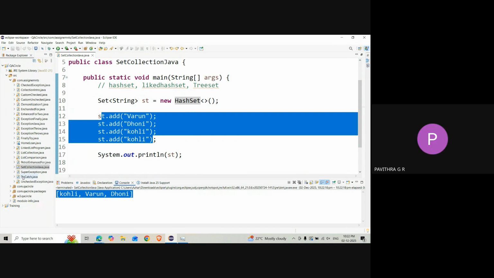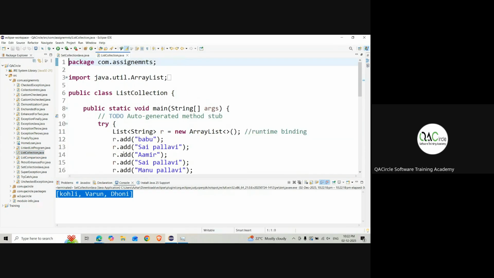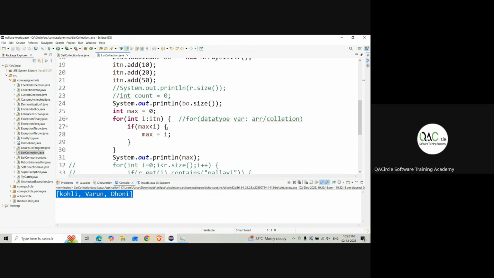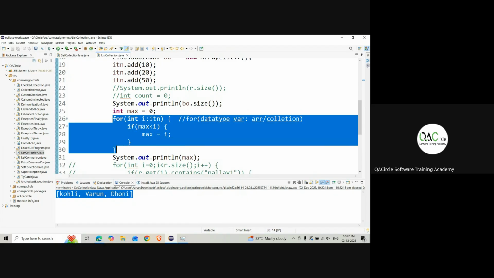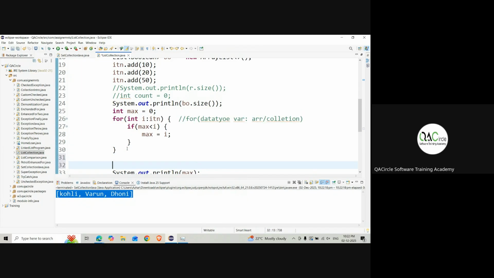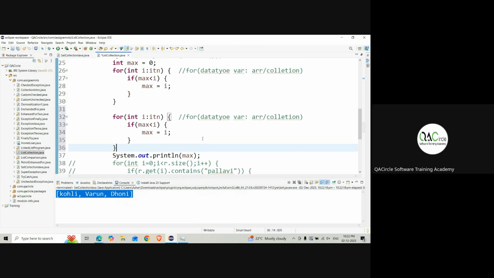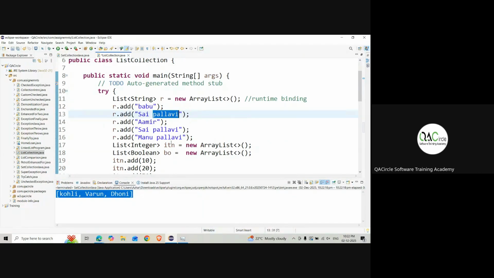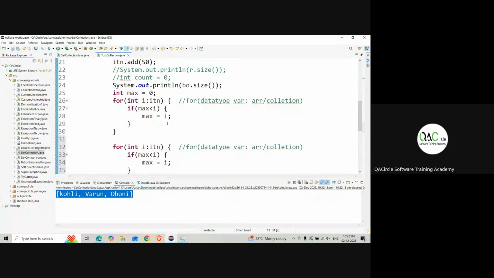Good. Yes, sir. So I missed one thing in list. I'll go to list collection. Okay. Now we saw somewhere here, no? Let me copy this. There is also one way to find the index of Pallavi. Okay. Sai Pallavi, Sai Manu Pallavi have had, right? So if we want to find,